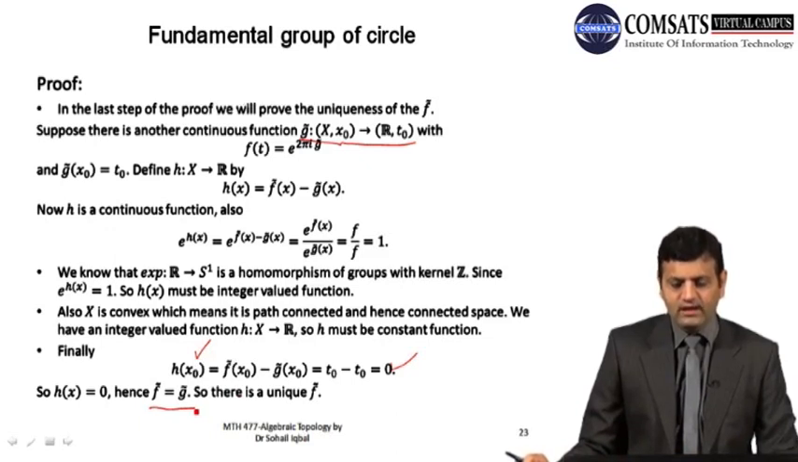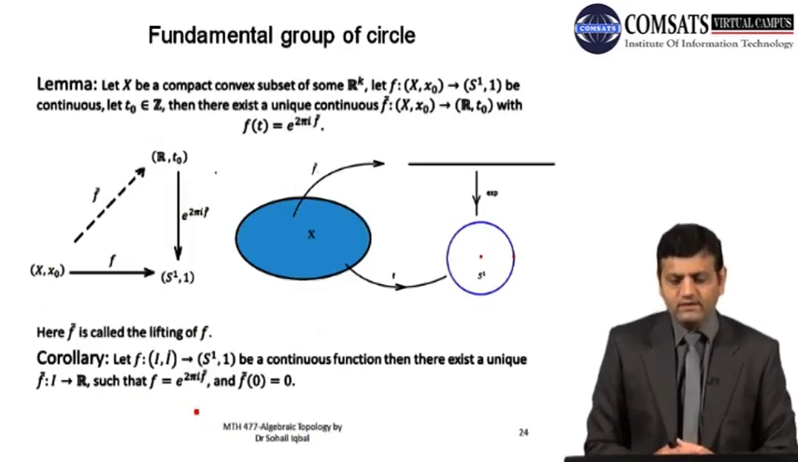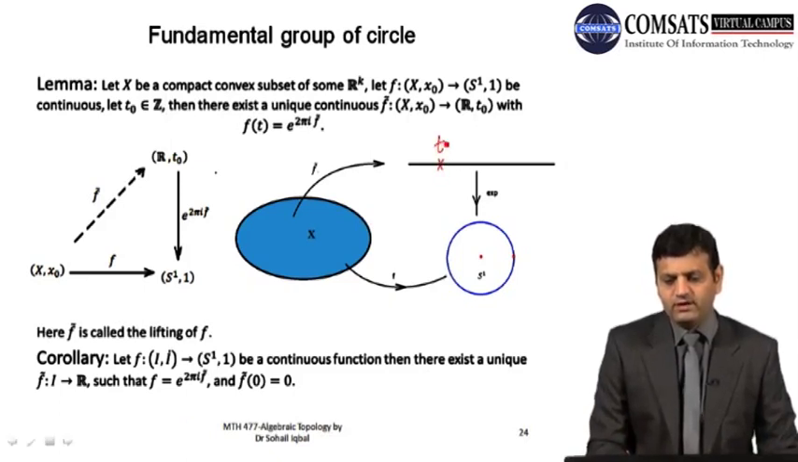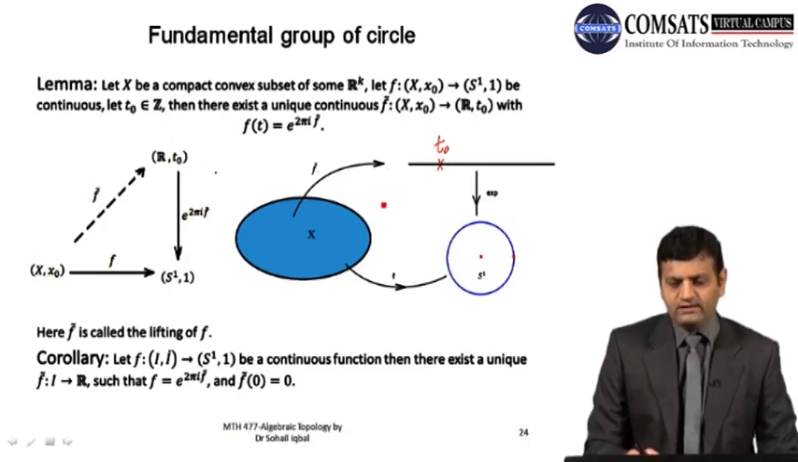and so there is a unique f tilde. What we have proved so far is: given any continuous function f between the pointed topological spaces (X, x0) to S1, and given any point, with no condition on t0, we can take t0 to be any point, then there exists a unique continuous function f tilde. This f tilde is the lifting of f, and remember that we are going to use this f tilde